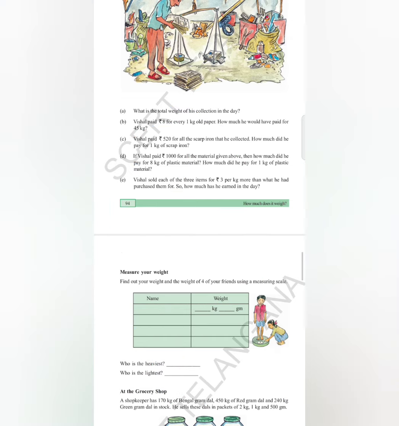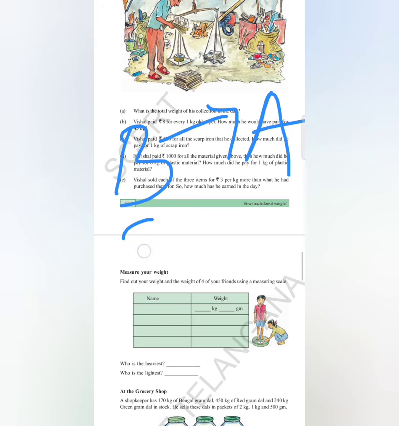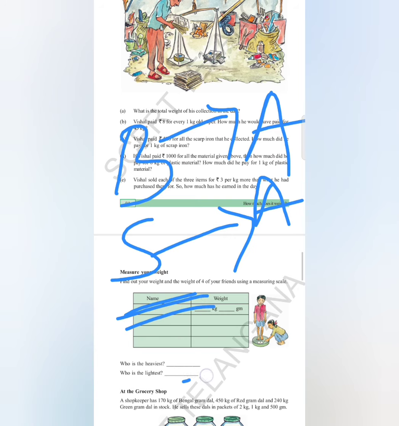In the same case, if the bigger quantity's amount is given to you and the question asks you to find out the amount which should be paid for the smaller quantity, at that time you have to do division. So remember this forever. बड़ी चीज़ की आपको रकम दे दिए, बड़ी चीज़ का जो है ना आपको कितने में ख़रीद सकते वो अमाउंट दे दिए और आपको पूछ रहा कि छोटा अमाउंट जो है ना कितने में आता, वही सेम चीज़ छोटी क्वांटिटी में कितना आता. सो एट द टाइम यू हैव टू डू द डिवीजन.